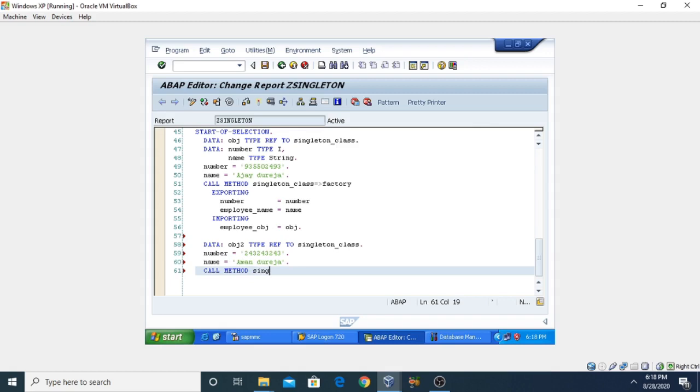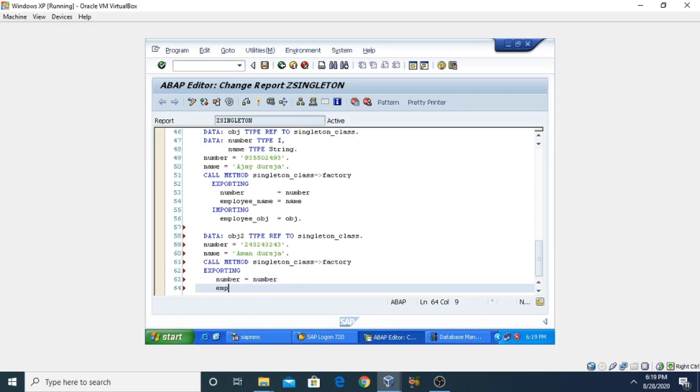So the class name is singleton underscore class, then the component access operator, and then the factory method. So now we are going to export the values. First exporting value will be number equal to number.